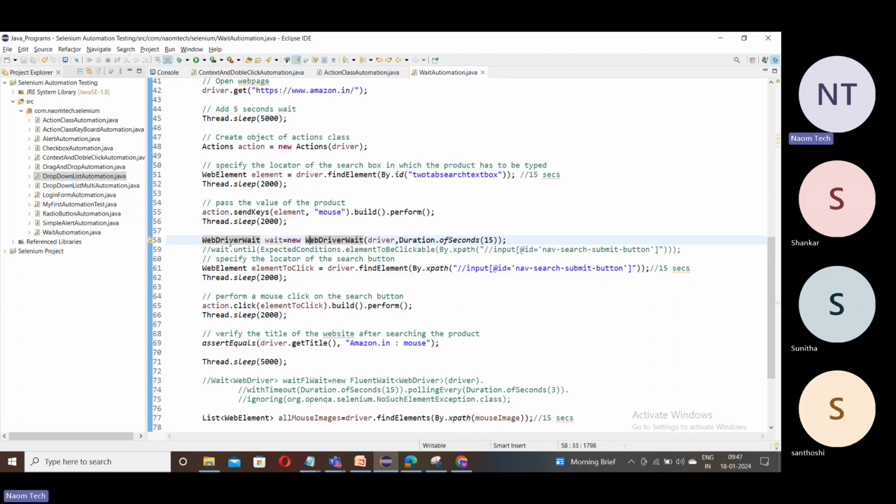So if you know the class name, we can simply create an object like this: ClassName reference equals new ClassName. For that, by default, we should pass two parameters. The first one is the driver, and the second one is the duration of waiting. To get the duration, we use this Duration class and apply the ofSeconds method, and then you can pass how much time you should wait on this